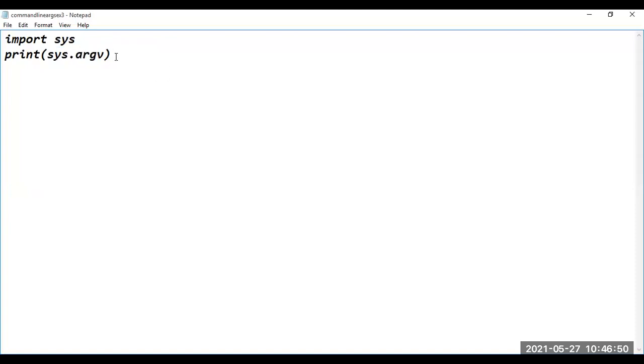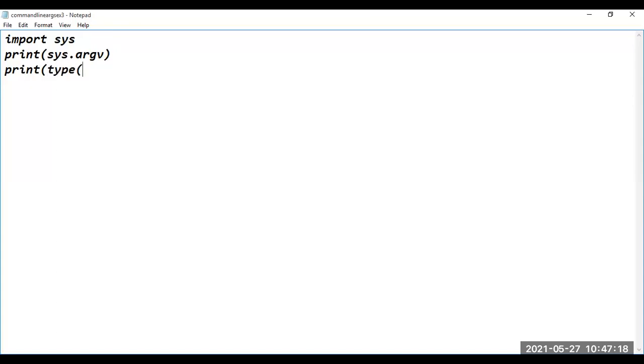So if you are having doubts regarding the data type assigned to the argv variable, you go to the code window and you can type. Data type can be retrieved with the help of which function? Type function. So I will use print of. Can anyone tell me the logic?